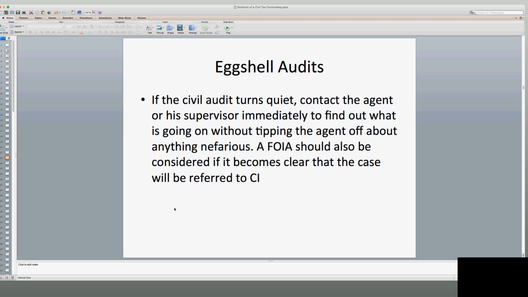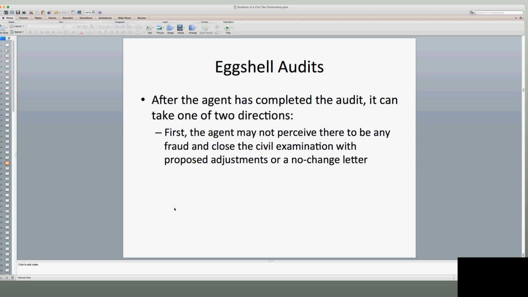I can't tell you how many times I've been unable to sleep because a civil audit turned quiet, and I've probably lost hours and hours of quality sleep, and at the end of the day, I just picked up the phone and I called and I found out that the agent was on vacation for 2 weeks. So you don't want to hit the panic button right away, and sometimes a little bit of time away to clear your head and come back to it will help guide you to the most logical thing, which in some cases is just picking up the phone and talking to them.